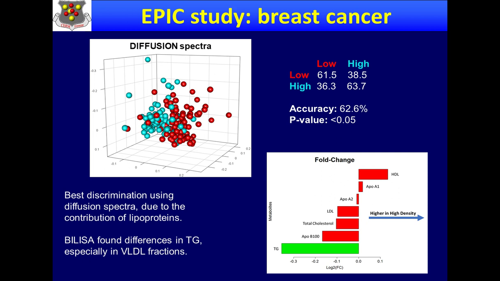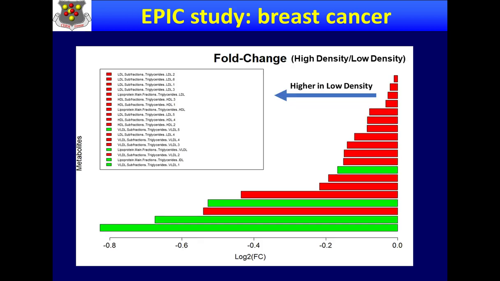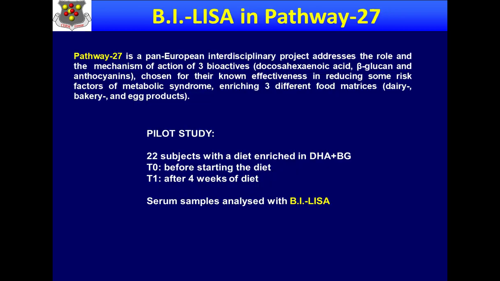So low density is lower risk, and if anything, this study would suggest that we should keep a close eye on triglycerides in women with low density breast, because that could be a risk factor that is not so important for high density women. So this is more detailed. You see all the fractions, and you see that these two, VLDL1 and IDL, are actually significantly different